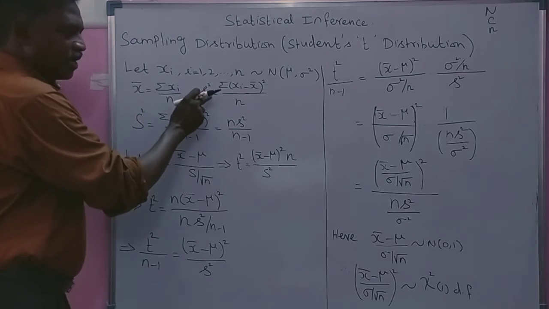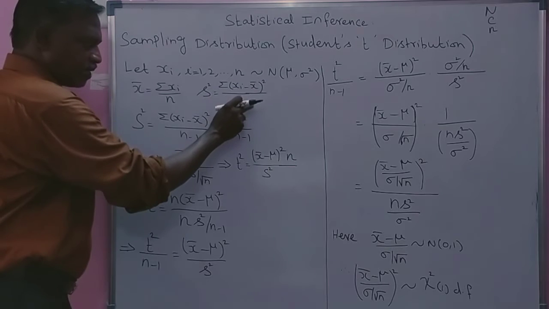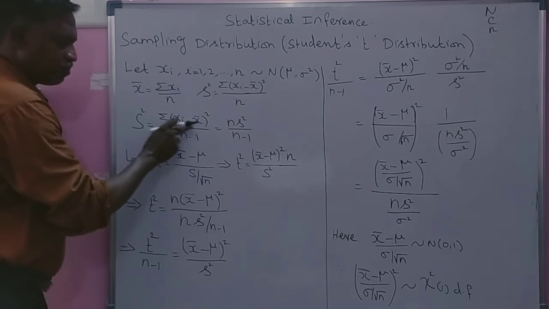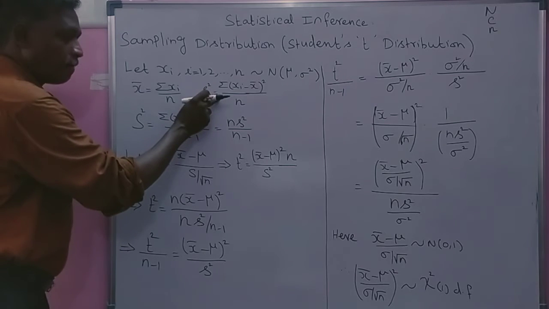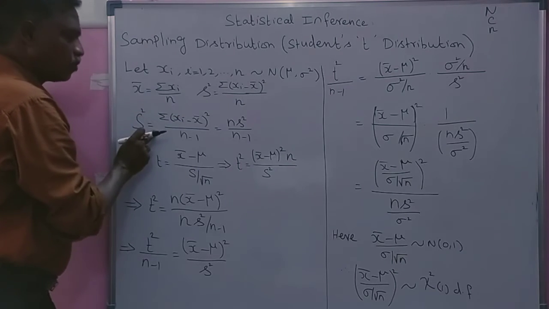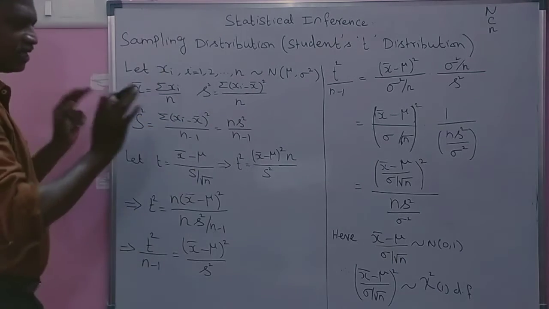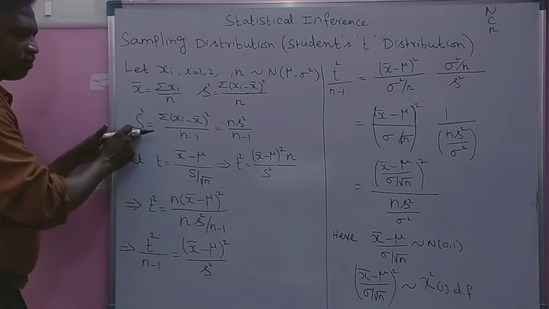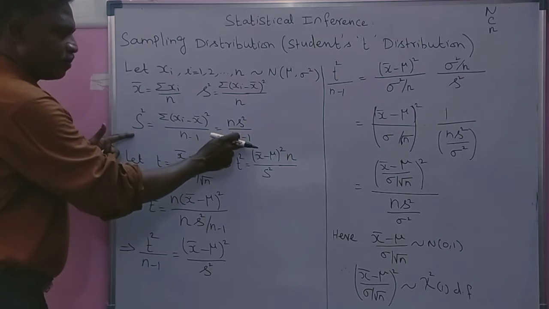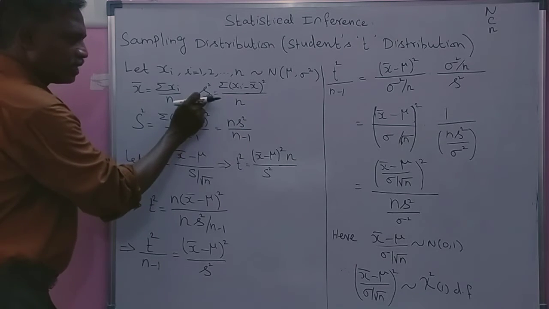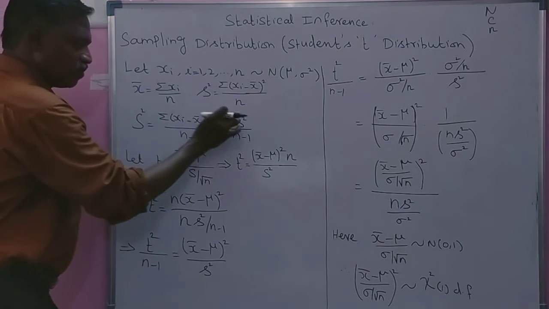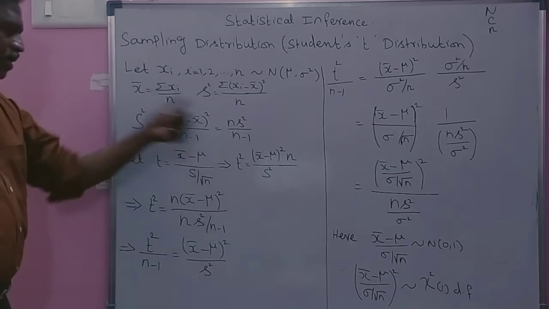Sample variance small s square is summation x minus x bar whole square divided by n. This is also a sample variance, where the division is by n minus 1. The first is biased for the population variance sigma square. This is unbiased for the population variance sigma square. That is the difference. So the capital S square may be equal to small n into small s square divided by n minus 1, because when you multiply these two, it gives this value. So instead of this, we put n into s square. So capital S square is equal to this.